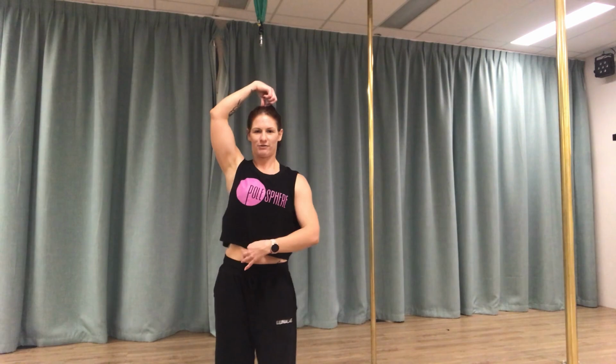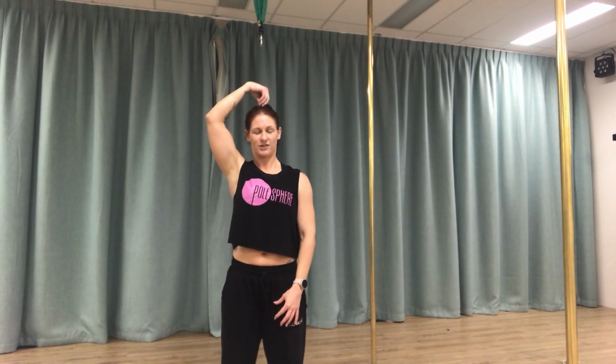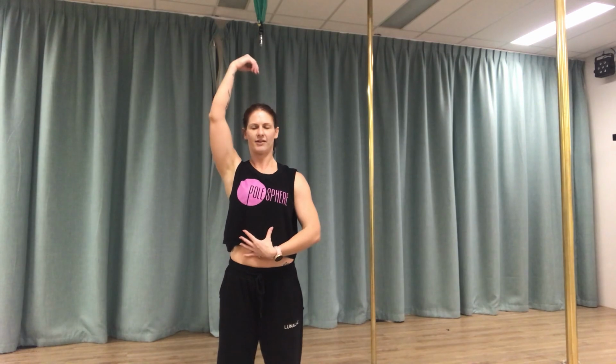You really want to make sure that you've got really good posture throughout your movements. You'll hear some dancers refer to lifting through the head. So you want to imagine someone's got a bit of string attached to the top of your head, and they're pulling on that. So you're trying to lengthen your neck. Create a bit of space between your ears and your shoulders. Good posture as well, so making sure that you're not slouched, with a rounded back,